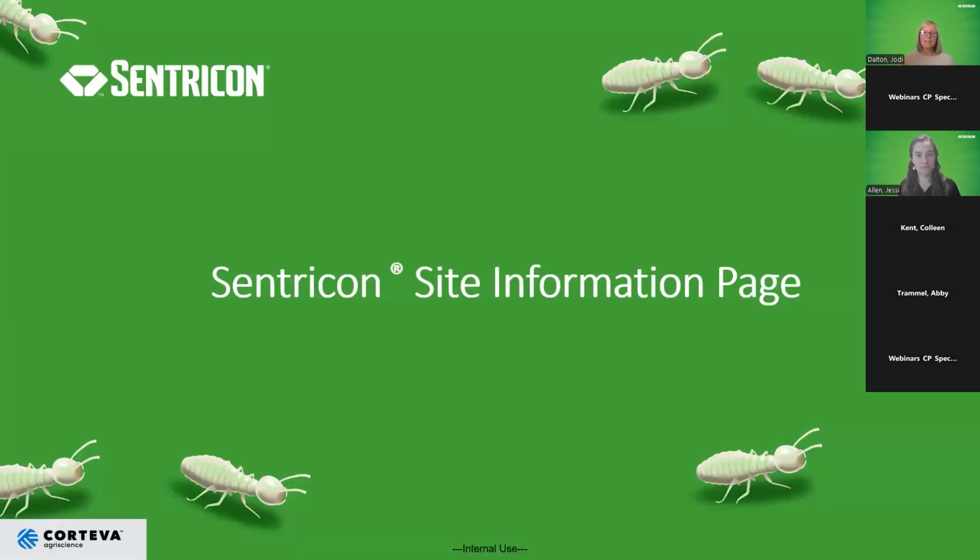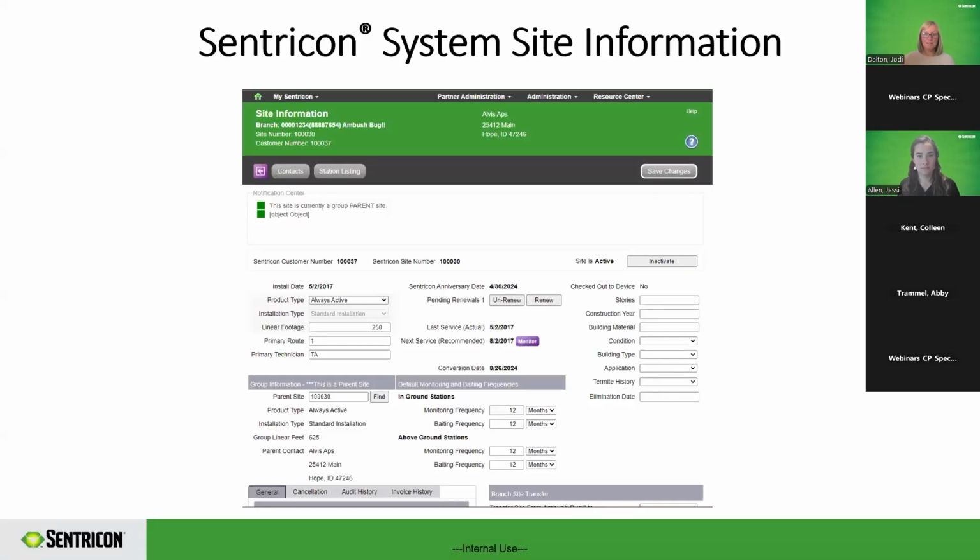The Sentricon site information page. So this is what the Sentricon site information page will look like. How you get to it, though, will depend upon the pest software you use. There really is so much data you can find right here on this page. For example, the Sentricon anniversary date is the site's renewal date. And then right below the Sentricon anniversary date, you can either renew or unrenew the site. And even more importantly,